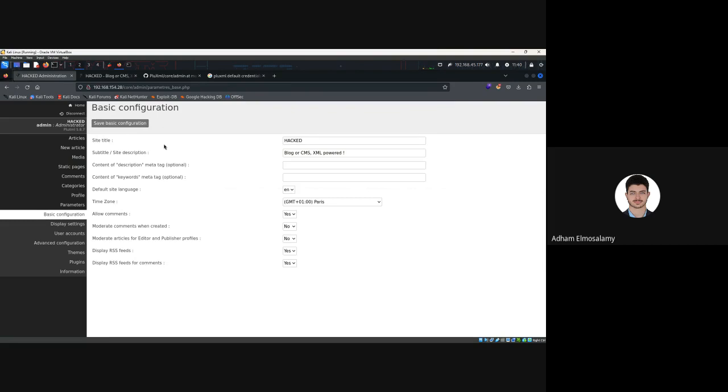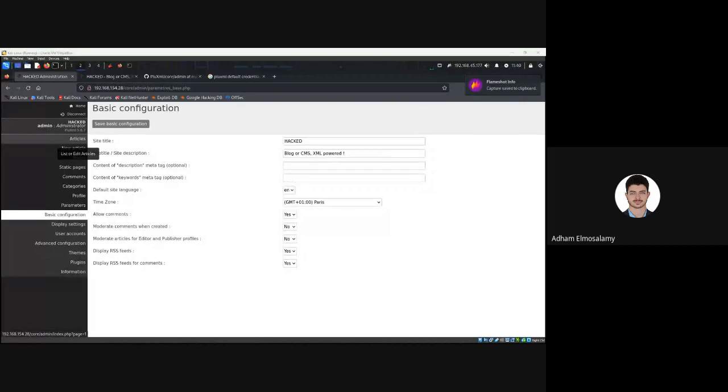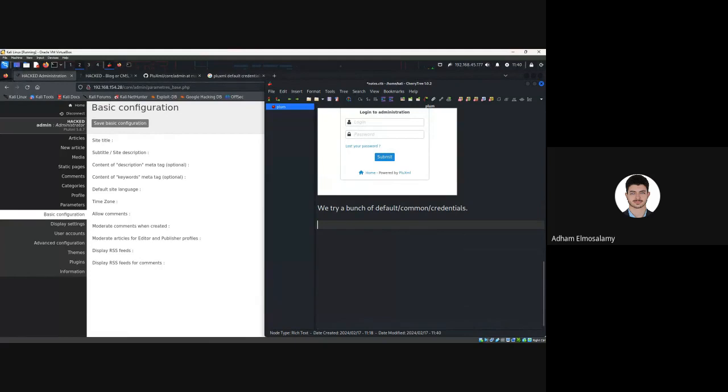So what's one critical piece of information that we can see on this page? I would say it's this. Okay, the version number of the software. Whenever we're dealing with software, we're interested in the version number. No, not even the user account, sorry. The version numbers, because different versions of software are not all the same thing, as we said before. Each version might be vulnerable to things, and another version might not be vulnerable to the same things. So it's important to know the versions because when we take this version, let's copy this,